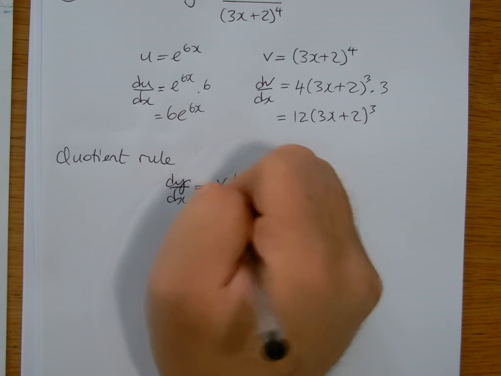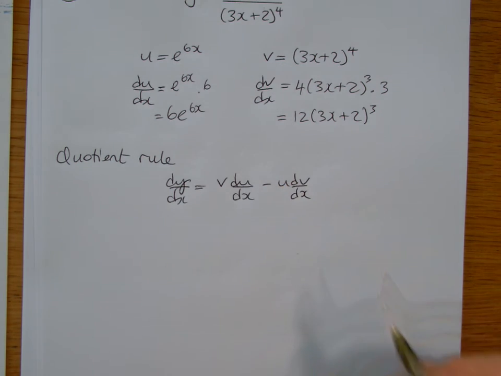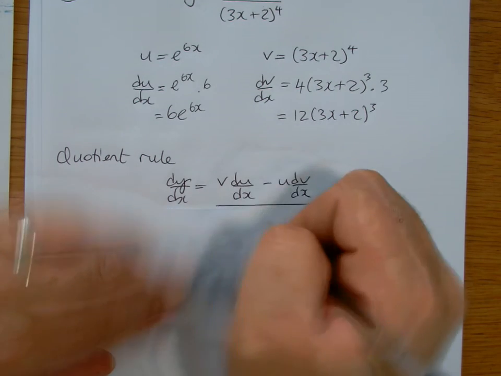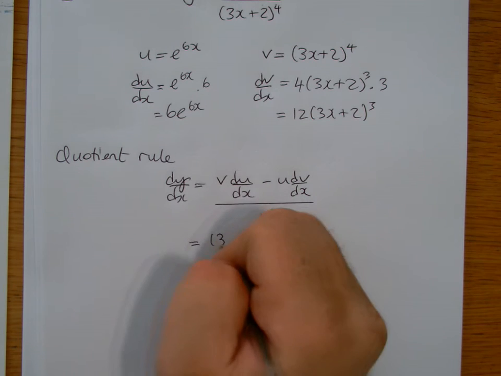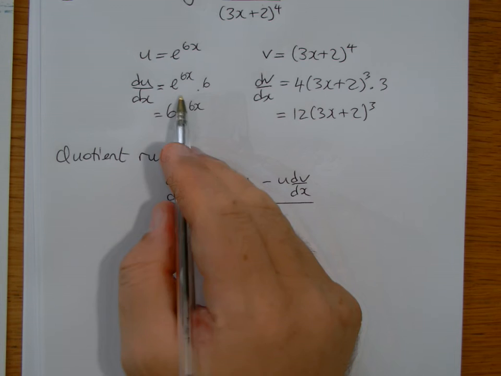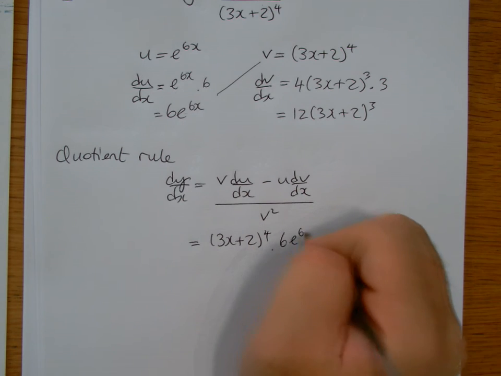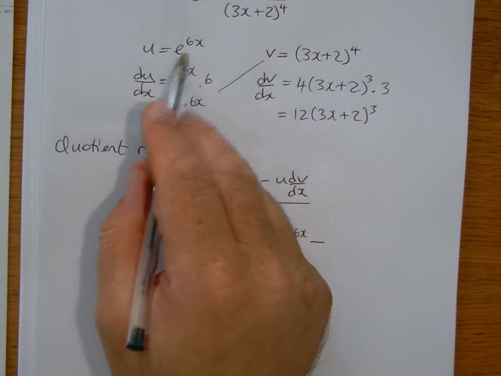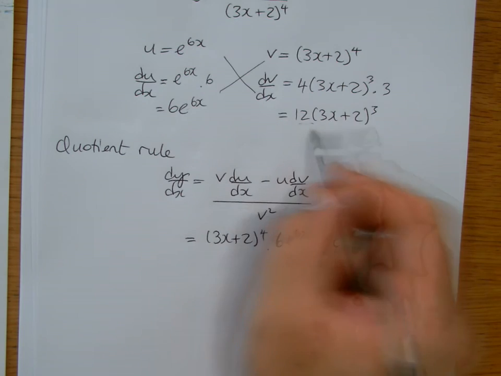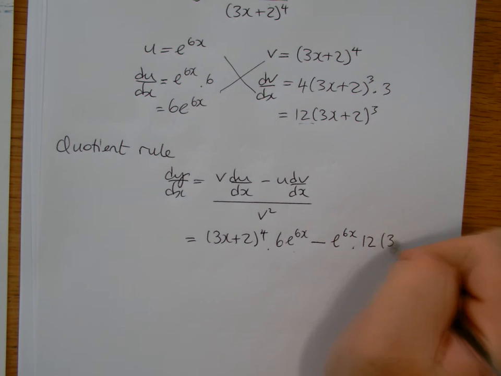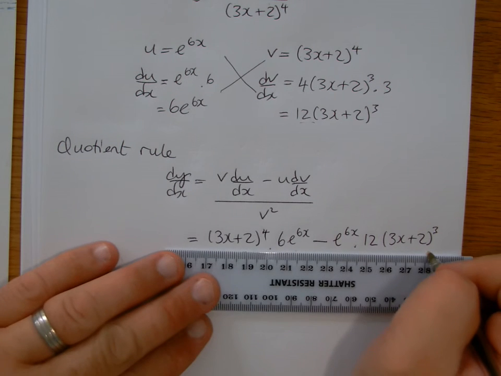dy/dx equals v du/dx, take away u dv/dx, all over v squared. So your v is this bracket power 4 here. Your du/dx is 6e to the 6x, so it's that times that. Take away my u, which is e to the 6x, times my dv/dx, which is this here, 12 (3x + 2) to the power 3. All over then